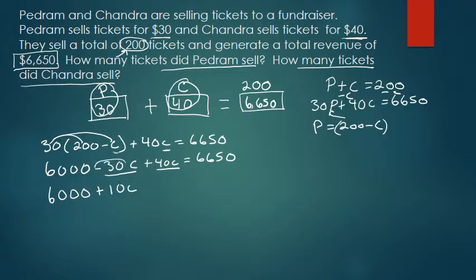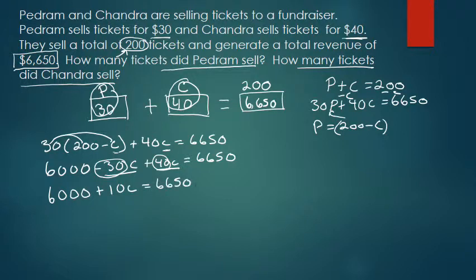Again, I just add or subtract my coefficients, and then the C comes along with it, because this is basically saying I have a pile of 40 C's, and I'm taking away 30 C's. So how many do I have left in my pile? Well, I have 10 C's left, and that equals